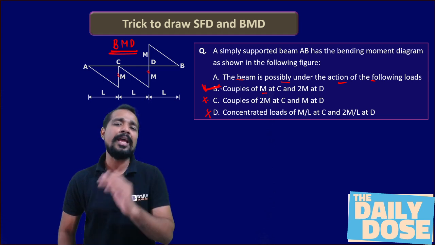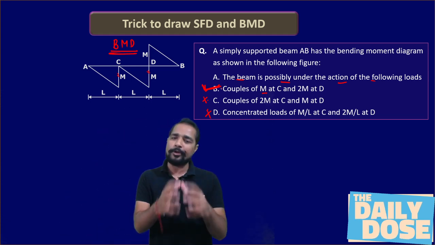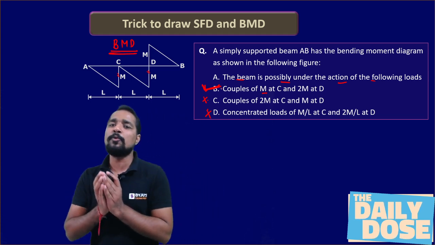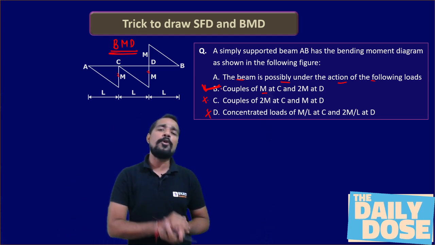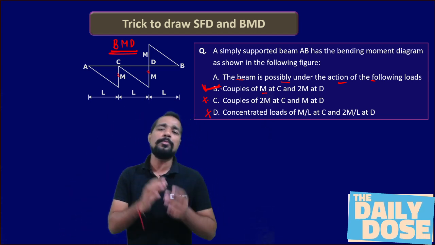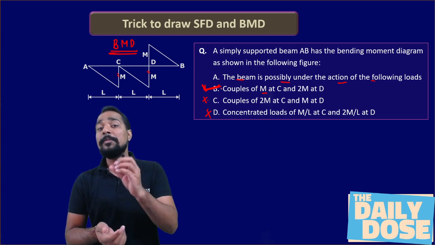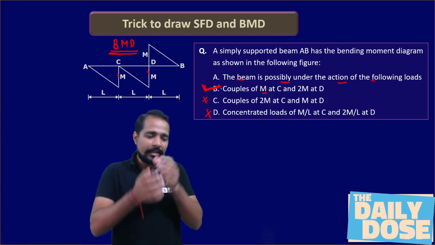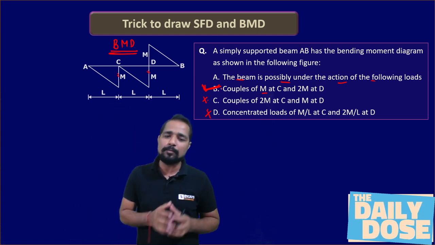तो I hope with the help of these 4 important points: 1, intensity of the shear force and bending moment; 2, slope of shear force diagram and bending moment diagram, you will be able to, at least you will be able to recognize the correct shear force diagram and bending moment diagram